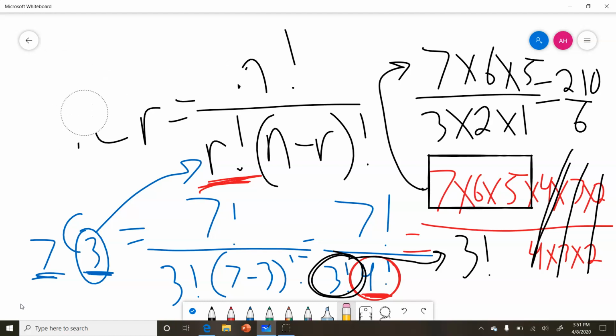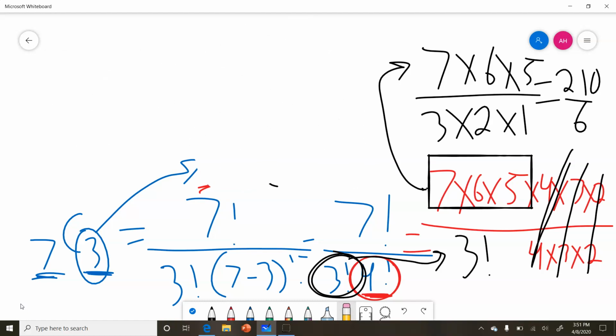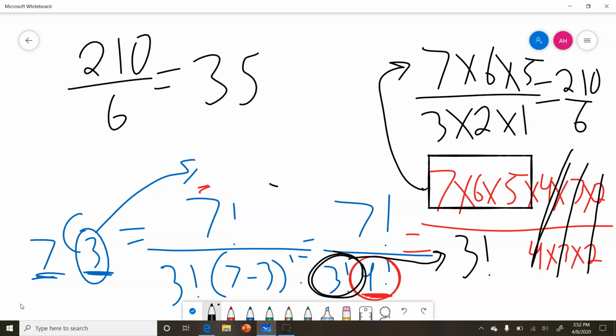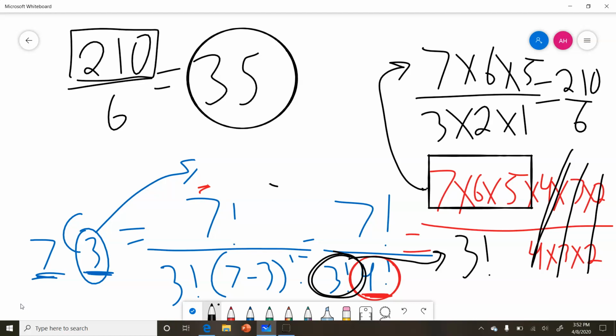So I'm going to erase this over here so you can see what that is. What is 210 divided by 6? That is exactly 35. So I do 210 divided by 6, and I get 35. Now you see how much smaller of an answer that would have been? Instead of the answer being 210, which is what it would have been on permutations, we had an extra step that made it only 35, because we want to know the groups of 6. So how many groups of 6 did we have? We had